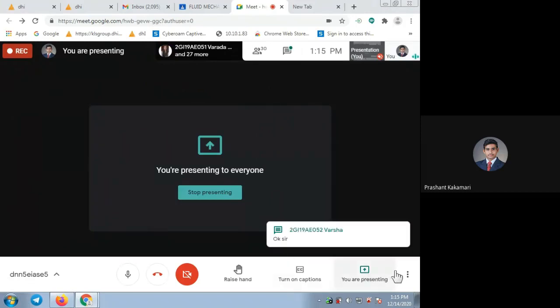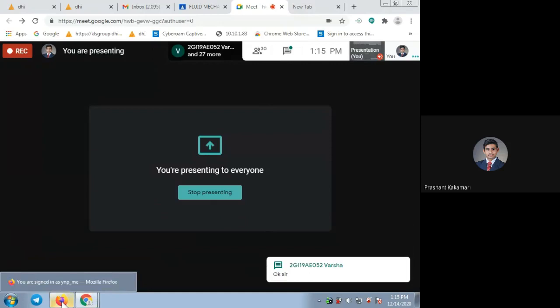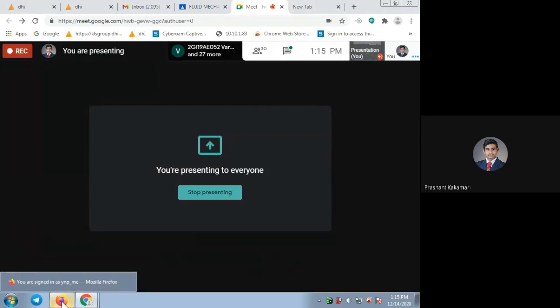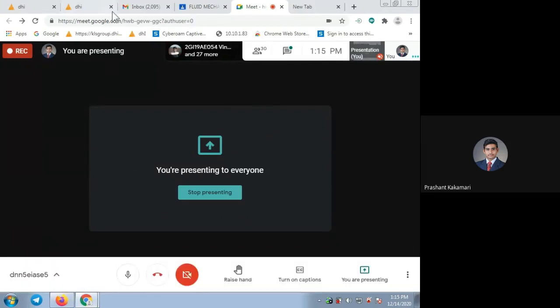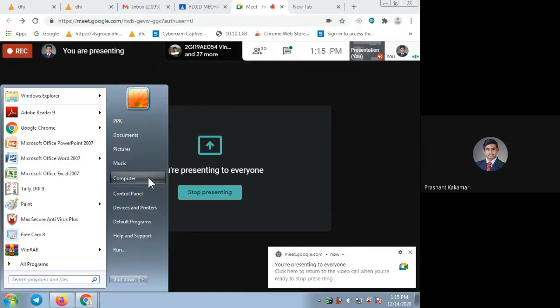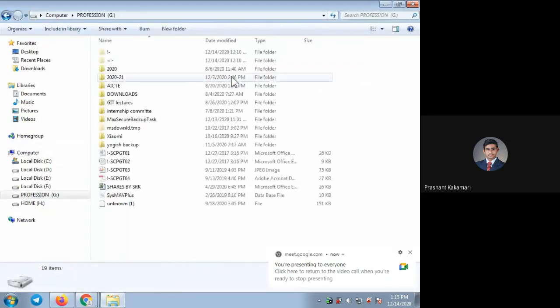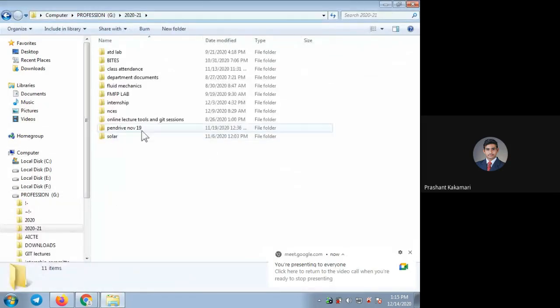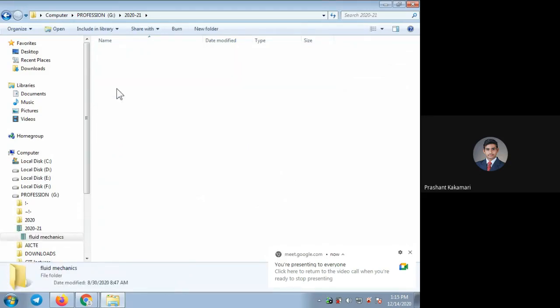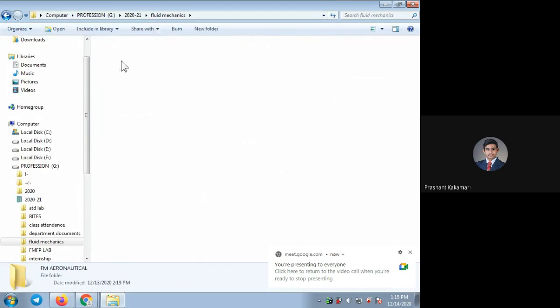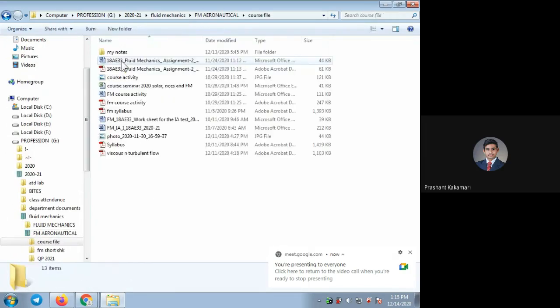See, even flow past immersed bodies is a very interesting chapter for your aeronautical domain, and even compressible flow also, the last chapter. I feel personally that these two chapters will be helping you in the future also. Even the problems have been taken to be more realistic, very near to your aeronautical domain. Okay, so for compressible flow and flow past immersed bodies, please focus very much so that your other subjects related